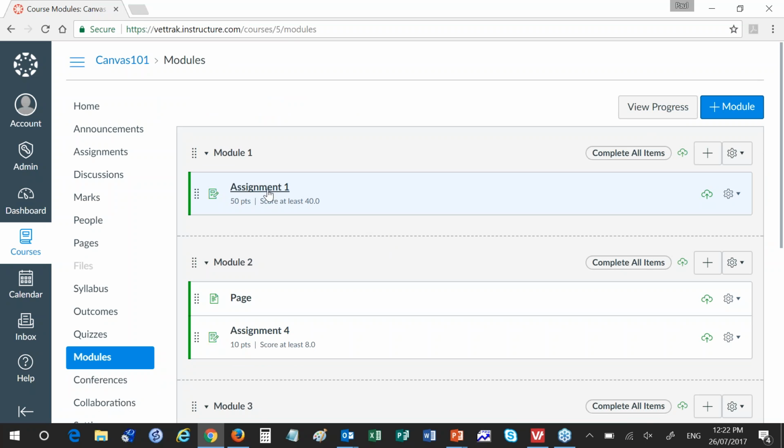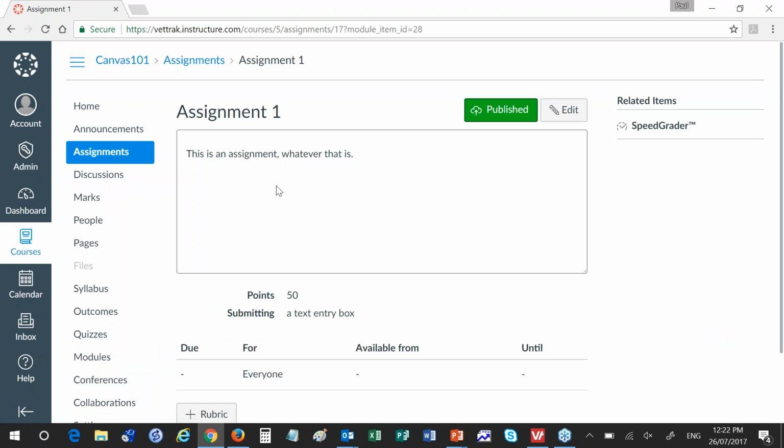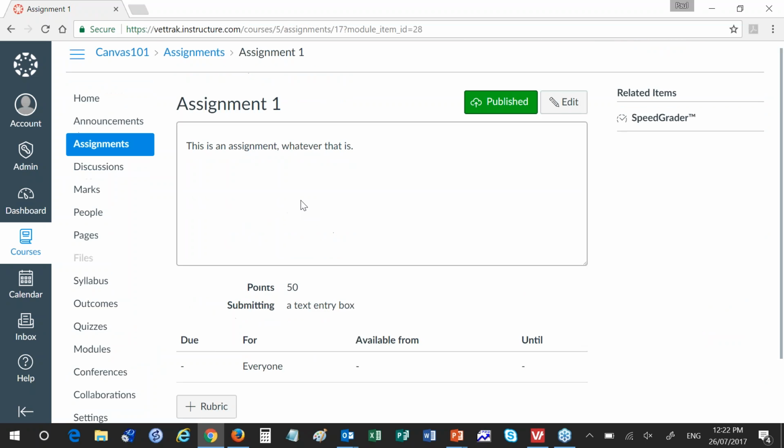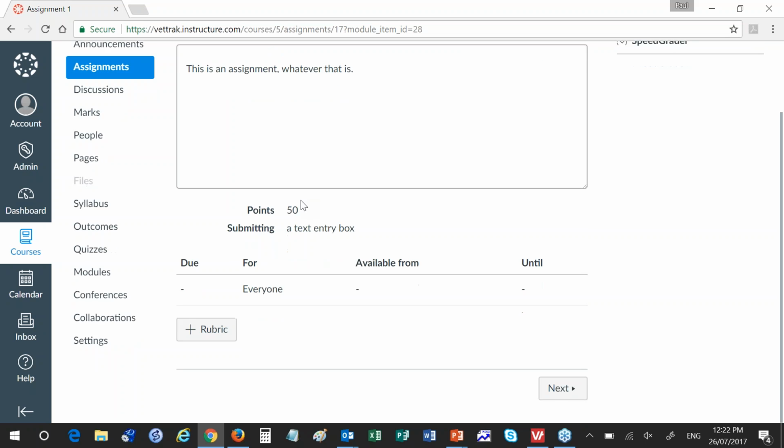So module 1, I've got an assignment here. And you'll notice that it's a 50 points assignment. This is the way that you can set these things up. And to pass this, you've got to score at least 40. So what I'm going to do is go in here into the assignment. And this is an assignment, whatever that is. And I've got to go to,